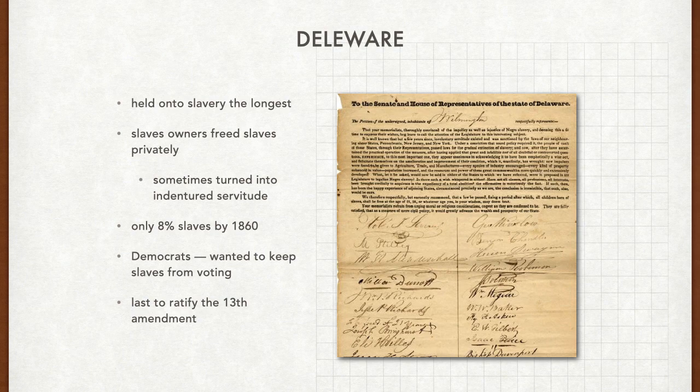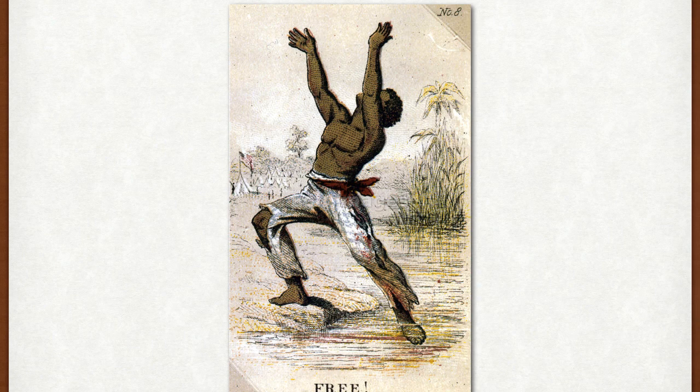So, antebellum period, maybe you've heard this word before, right? Jordan Peele, the director of Us and Get Out, has a movie coming out called Antebellum. It's basically the period before the Civil War, right? When slavery is still pretty huge in this country, and the South is benefiting from it and sort of shaping their culture around slave owning, right? That's the antebellum period. So here's a depiction of a freed slave, sort of praising the heavens, I guess, in freedom.